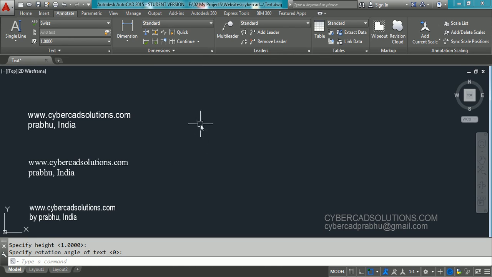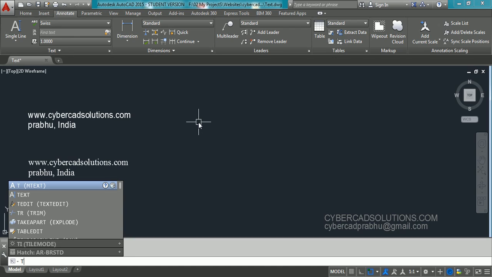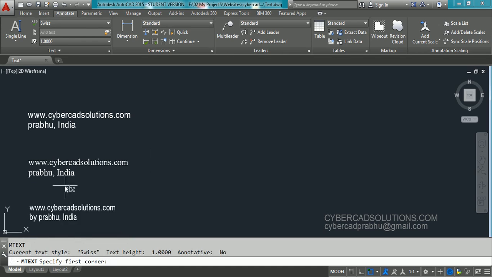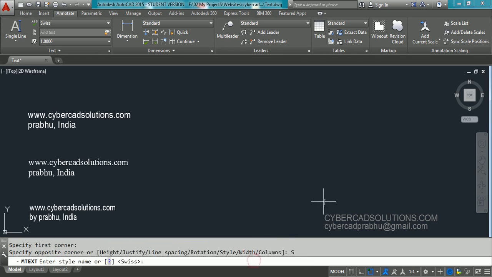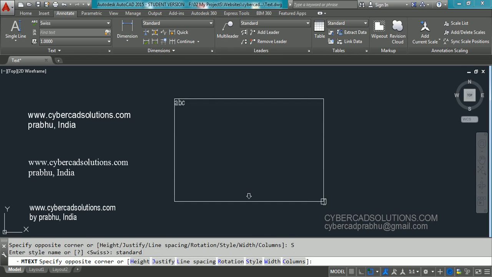The same thing can be used in multi-text also. I am typing T at command prompt to place multi-text, and then now it is saying current text style is Swiss, and text height is 1 unit. First of all, I am going to pick the first corner. Now if you want to change the text style, you can click this style option and you can say standard. That is, I would like to use standard text style, and pick the other corner